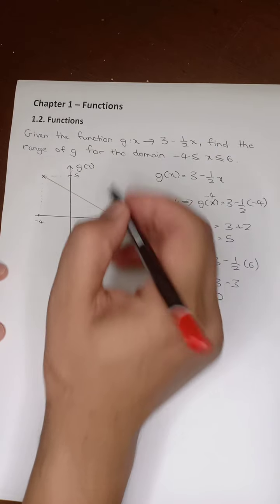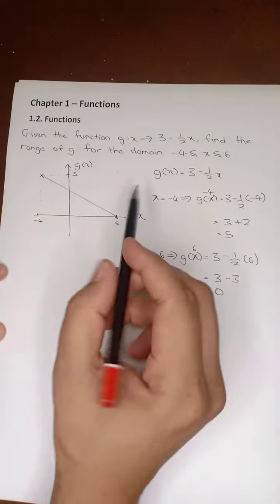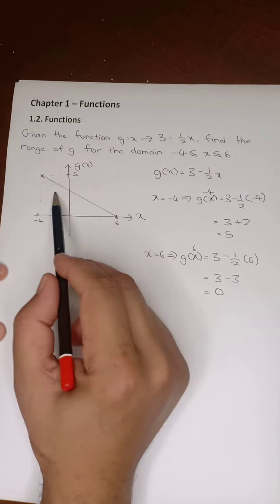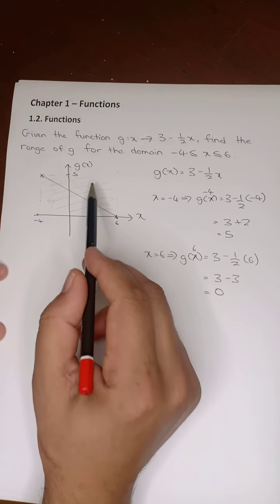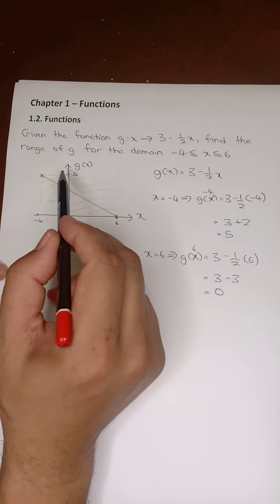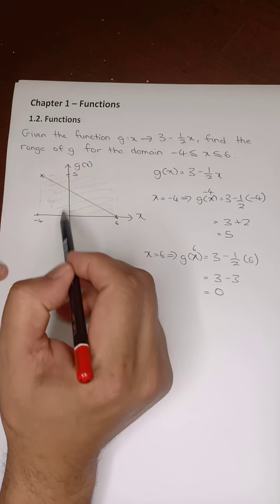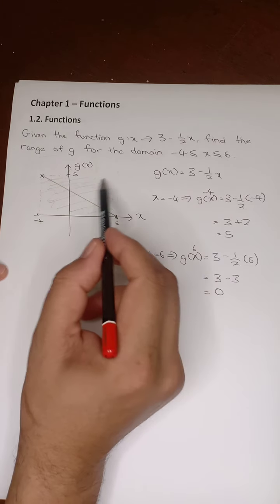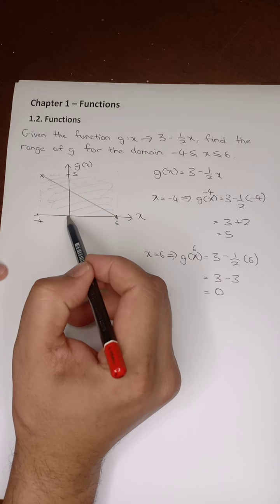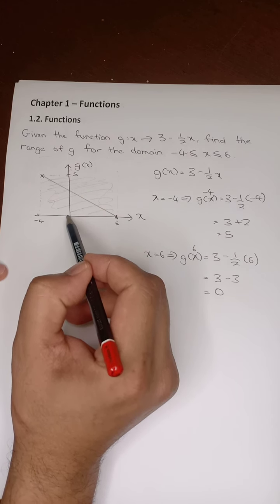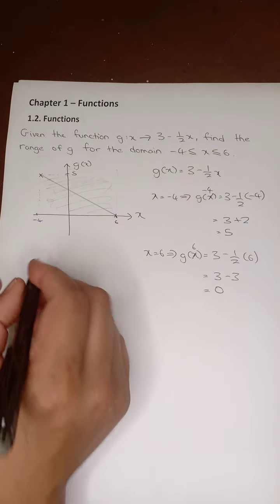So -4 to 6 is in between here, so all this area is -4 to 6. They want to know where g(x) lies in this shaded area. So the highest g(x) is 5, the lowest is 0. So g(x) is between 0 and 5. So the range of g(x)